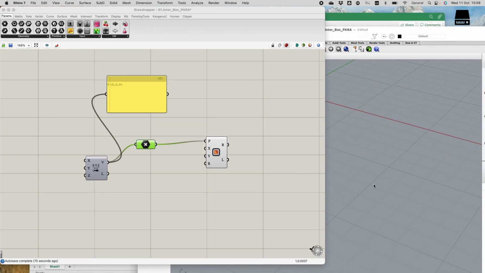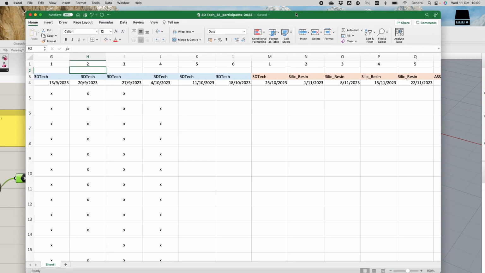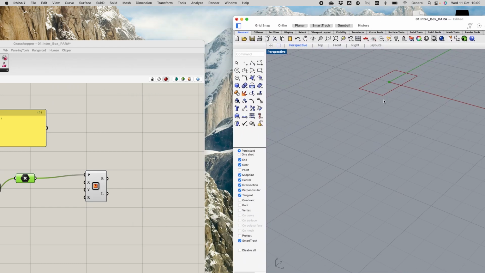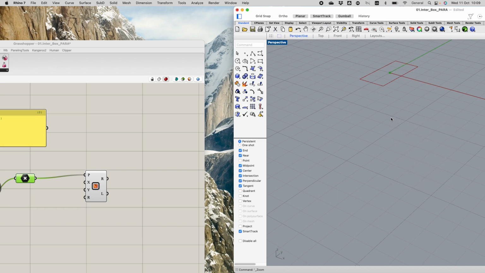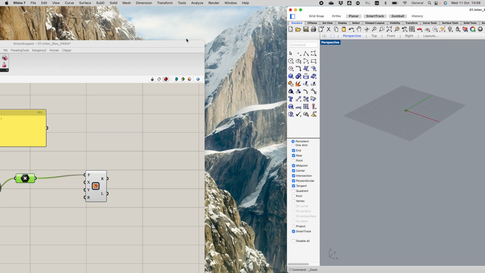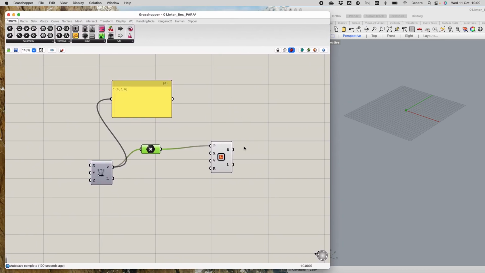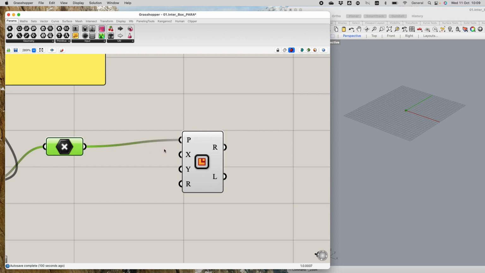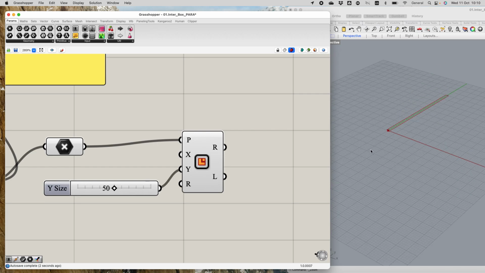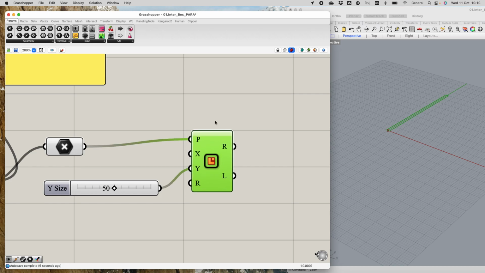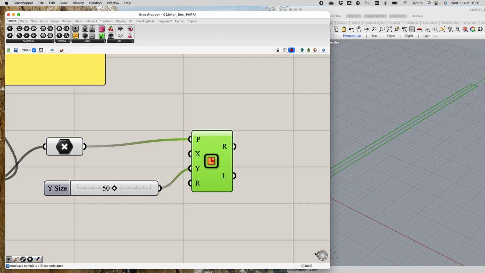Perhaps I should be able to do this slightly better. Okay, here we go. And I give this in the y direction, so I want this to be the green wall here, right? So I stick in a slider, let's make it 50 mm, and I stick this in the Y slider. And here you see I get a rectangle, but it's just an outline of a rectangle. So this is a curve,